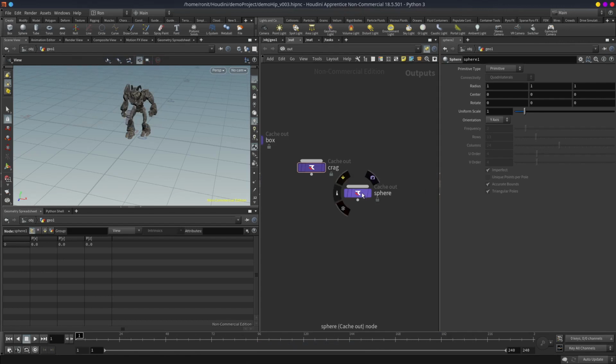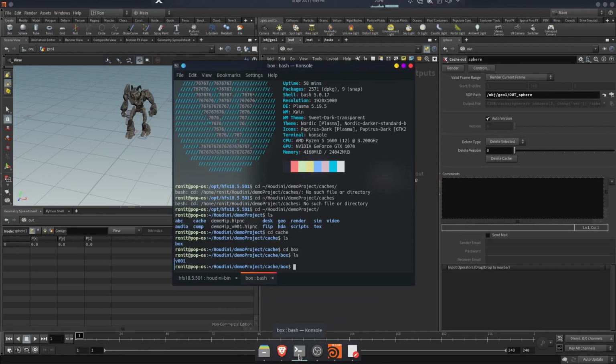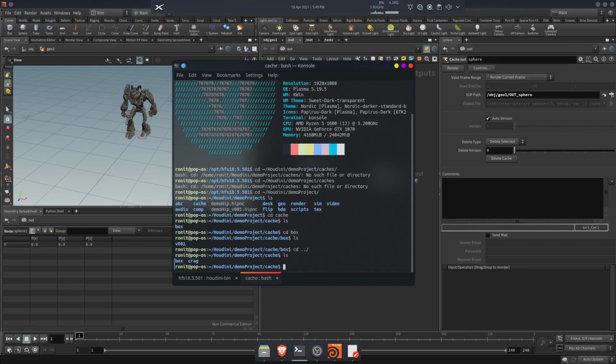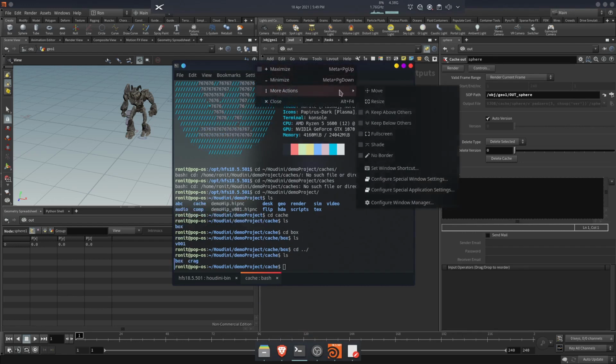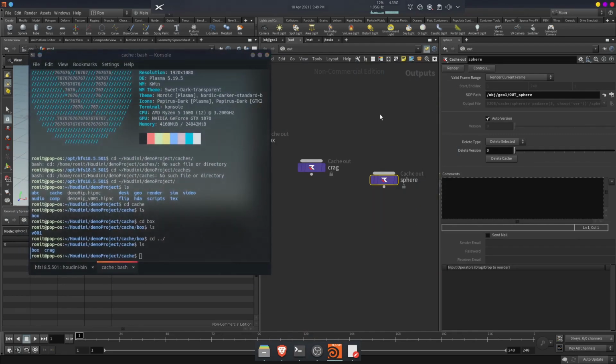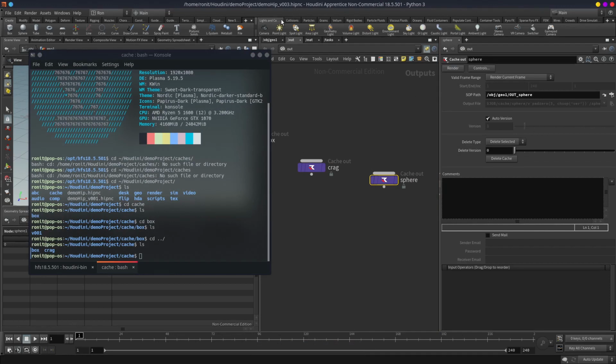So now let's check this one. I'll just connect. So we have box and Crag as of now, and I'll keep this open so that I can show you. I'm not adding any comments for this field because it's just for testing. So render it out.